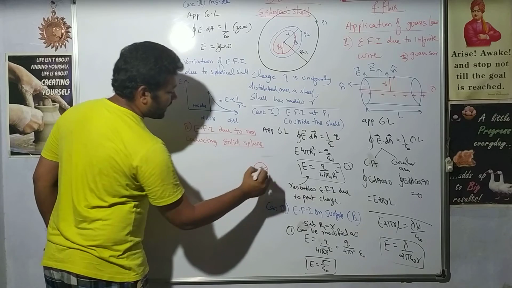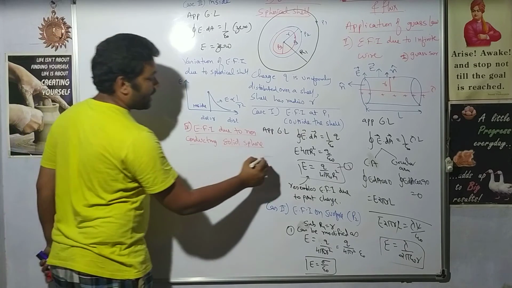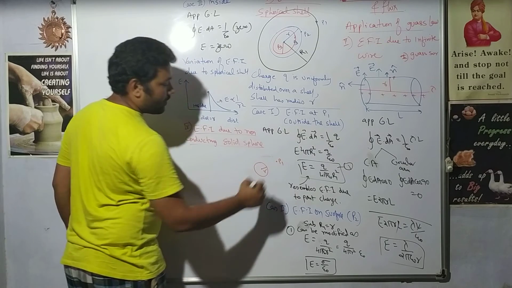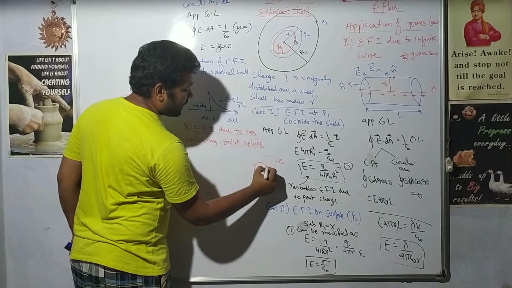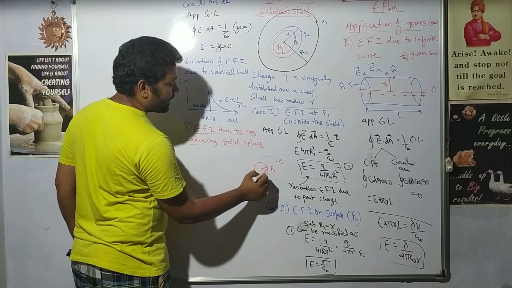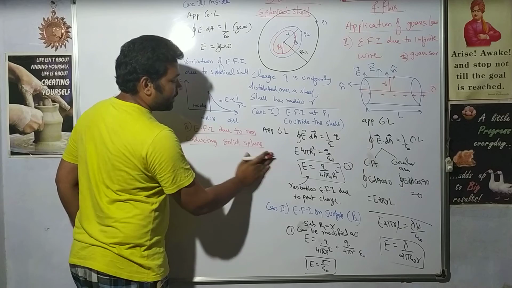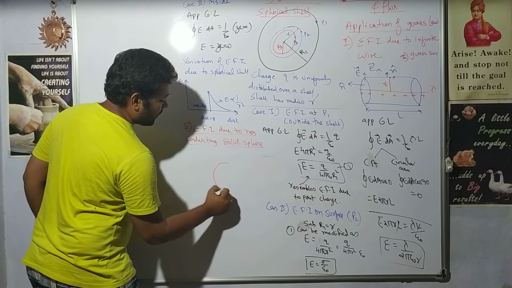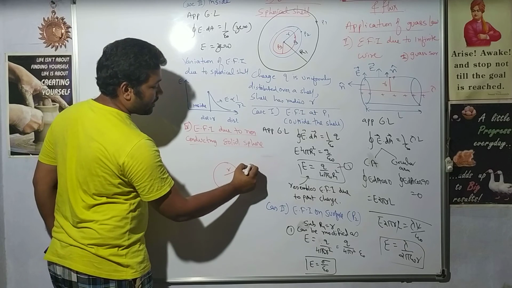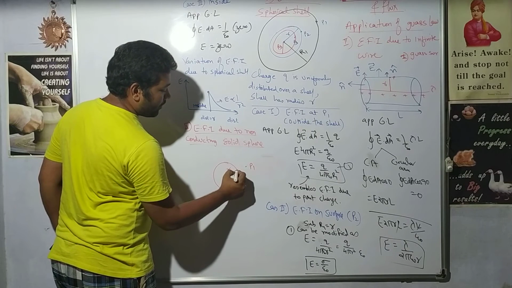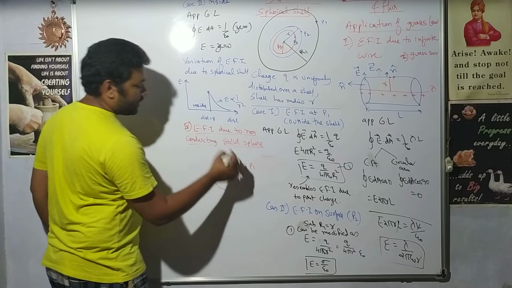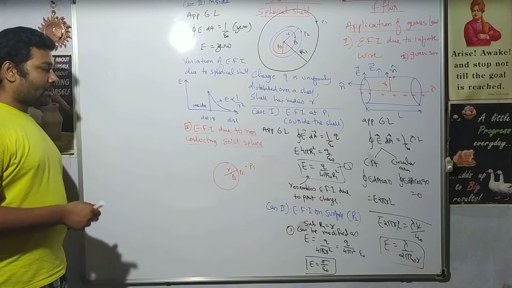This solid sphere has a radius r. Now again three cases arise. First case is the electric field intensity at a point P1 which is outside, then the electric field intensity at a point P2 which is on the surface, and then the electric field intensity for the point that is inside. Right, so this is a solid sphere of radius r. At point P1 I want, then I want at P2, and then I want at the point P3. P3 is inside. So let us start.